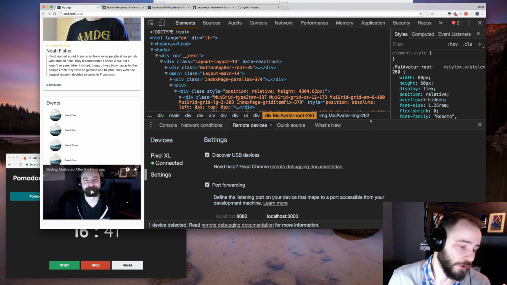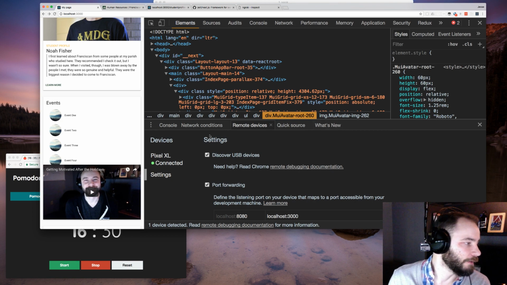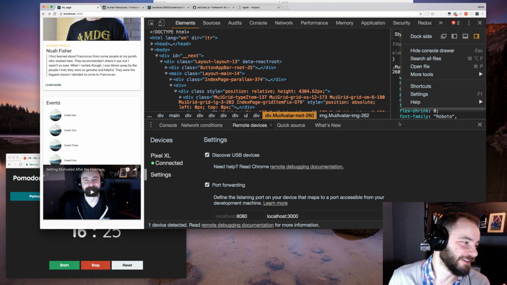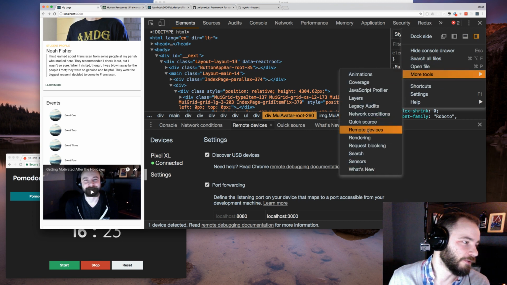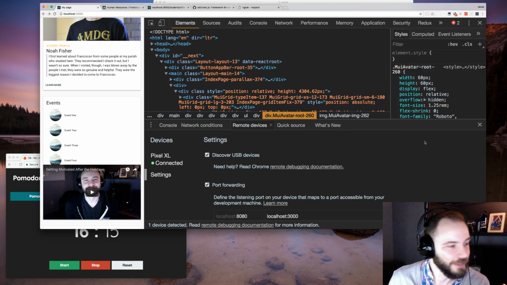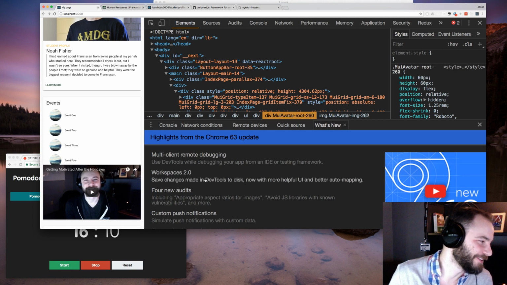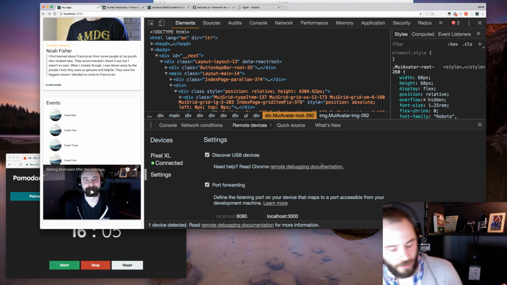then you can plug in your phone. You need to enable that. So enable remote debugging, which you can. There's documentation linked here in DevTools. But so you go up here to your little menu and then go to more tools and remote devices. There's a lot more tools here now than I remember there being the last time I checked this. Maybe I need to read those release notes more. Those what's new things here. So I always just skip over them because I'm usually in the middle of something. Okay, anyway,